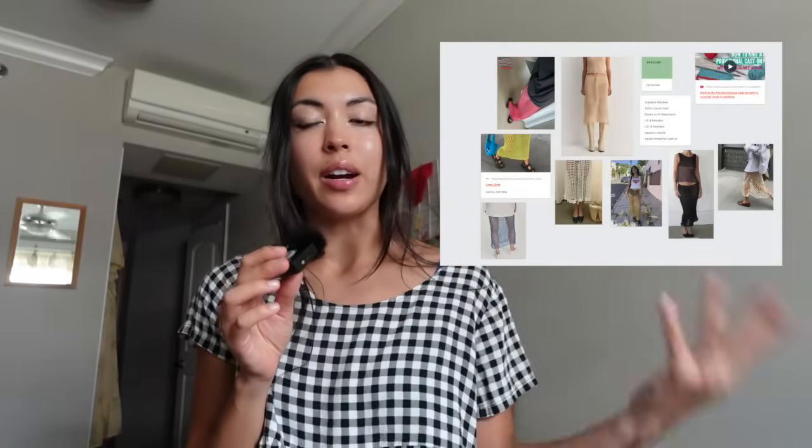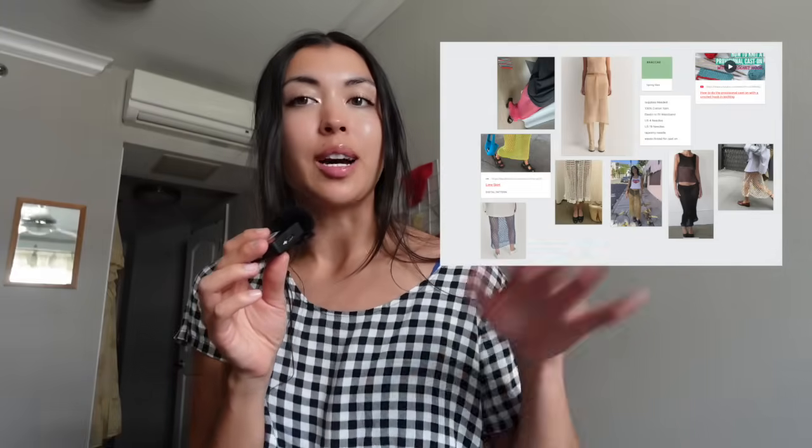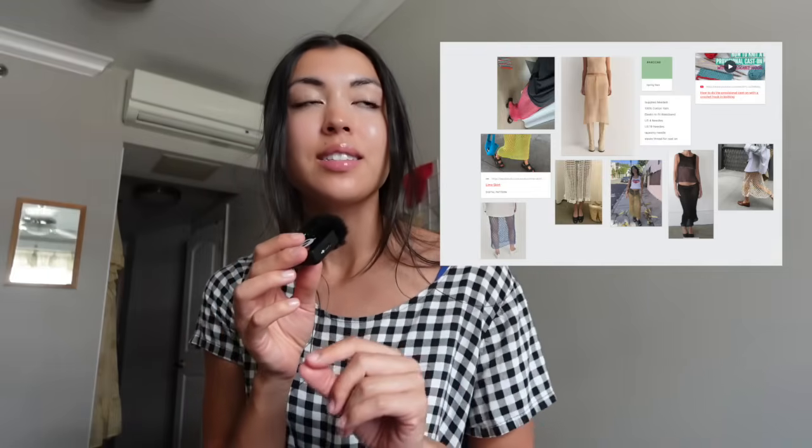So we're going to start off with this green meshy layering skirt. I feel like I was going back and forth whether I wanted to knit or crochet this type of skirt. I pulled like a bunch of reference images, but at the end of the day, I just love the way that knitting drapes, so I think I am going to knit this. The drape of a knit mesh is just...